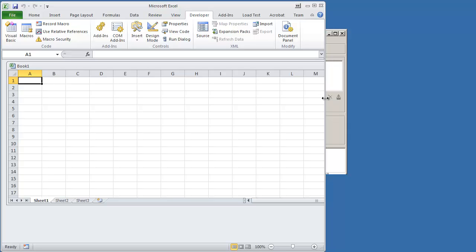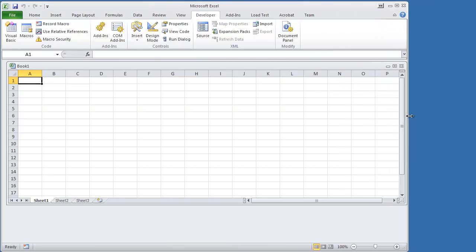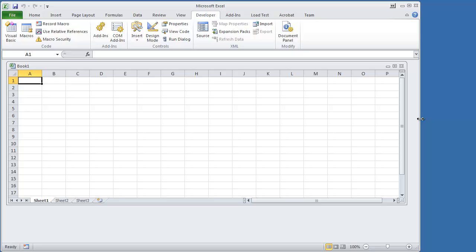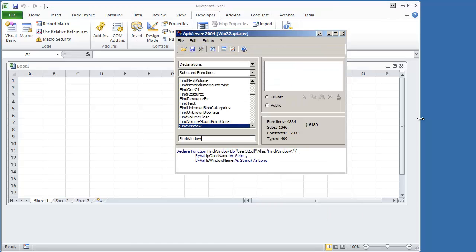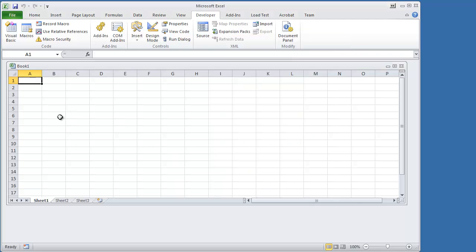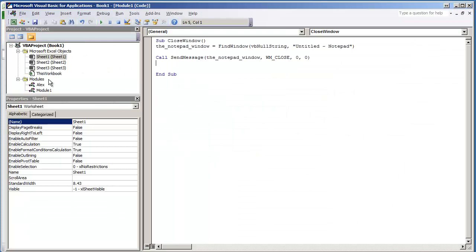And in the next videos, I'm going to be showing you a lot more examples on working with Windows API. This first example was just how to close a window. But in future ones, I'm going to show you how to get the window text of windows, how to disable certain windows, how to hide certain windows. And we're going to do a lot more Windows API functions. In this specific example, I used FindWindow, and I used SendMessage, and then I used some window message constants,